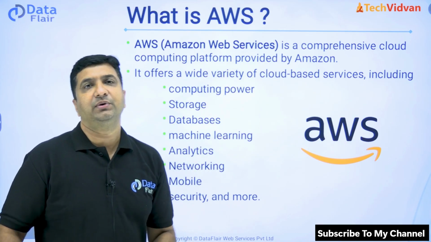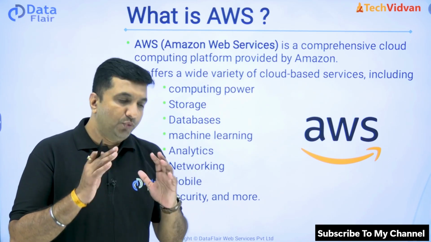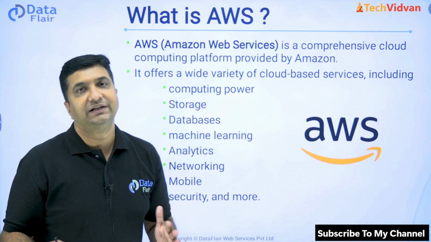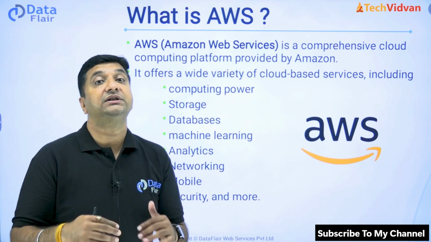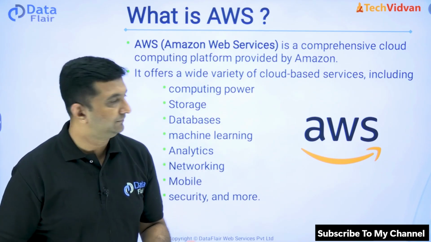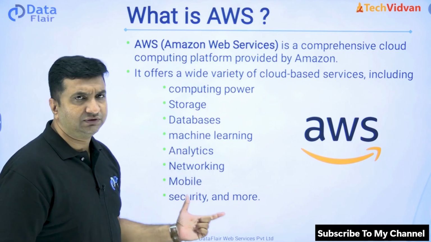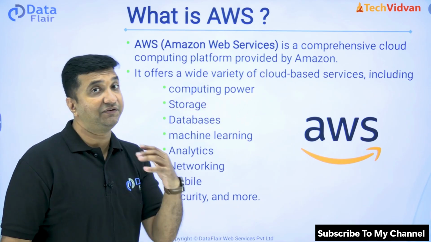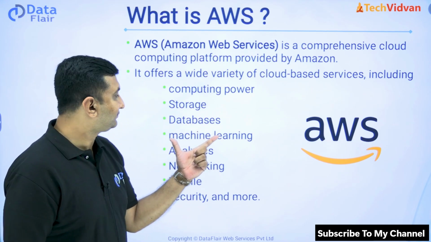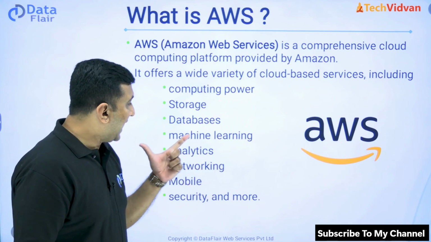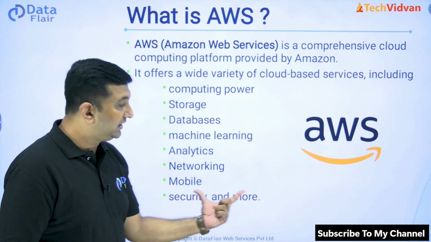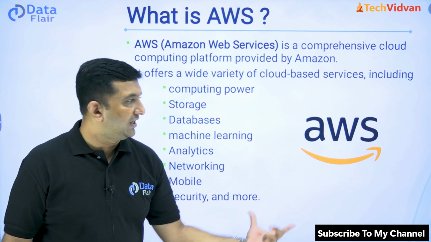So if you remember in previous lessons, we understood that when the IT resources are bundled in the form of a service, then it becomes the cloud service provider. Here AWS is one of the service providers of cloud. So here you can see different varieties of services like compute power. We have different services supporting the compute capacity, then storage, databases, machine learning services, analytical services, networking services, mobile integration, security, and many more services that we have in